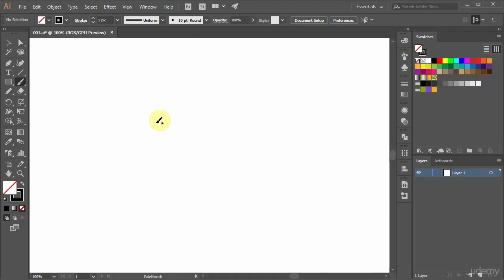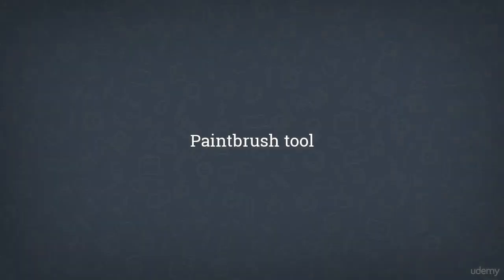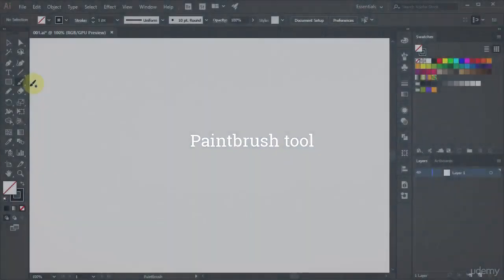artwork. It really depends on how you work, how steady your hand is, whether you want to be able to change it later, and whether you own a pressure-sensitive device such as Wacom's tablet. Let's just discuss this more in depth so you understand what I mean. First is the paintbrush tool.